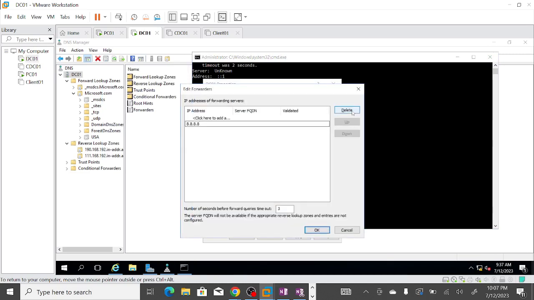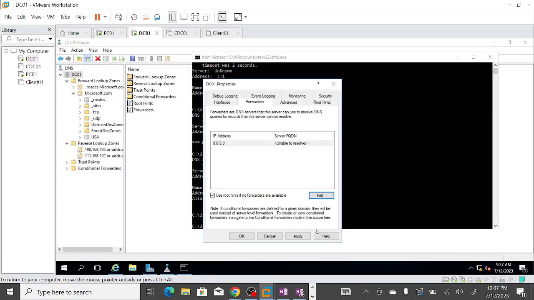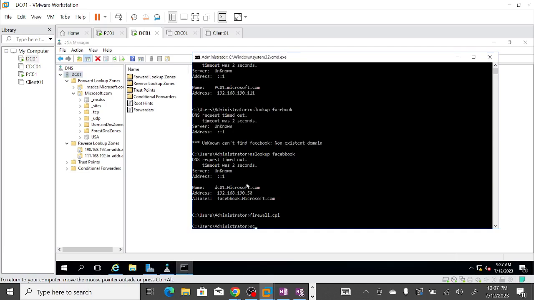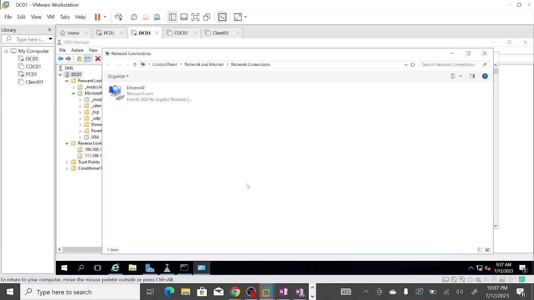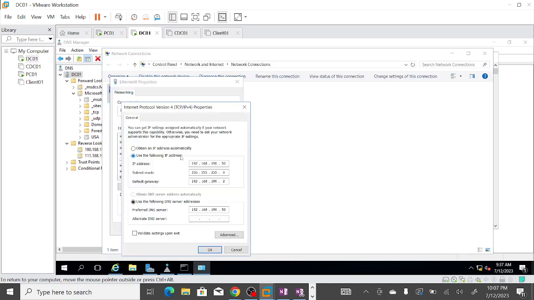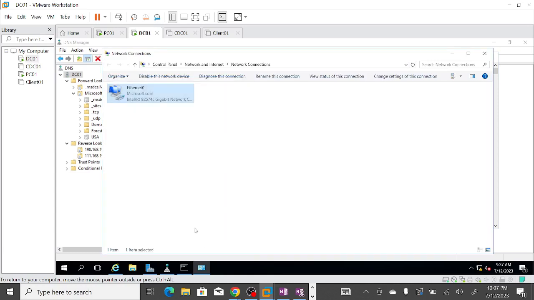Unable to resolve. Why? 8.8.8.8. Validating. Unable to resolve. So what I will do, I'll just come here and put it in the DNS server itself. Wait. So Microsoft.com is there. Now go to TCP/IPv4 and here I'll just add 8.8.8.8. Okay. Now if I go here,